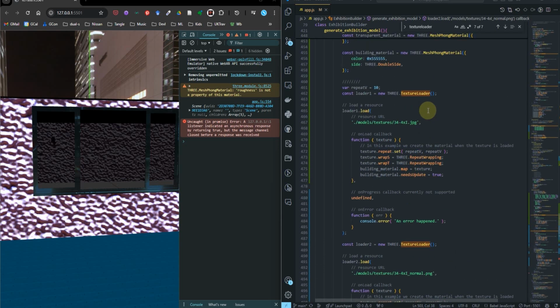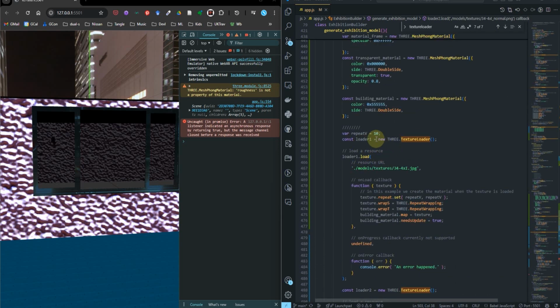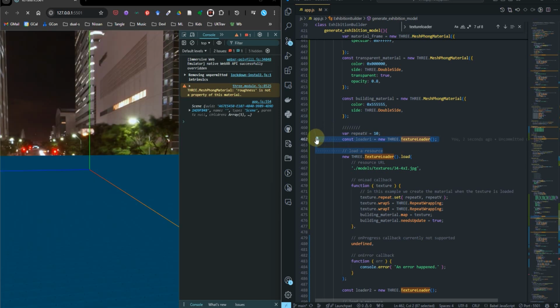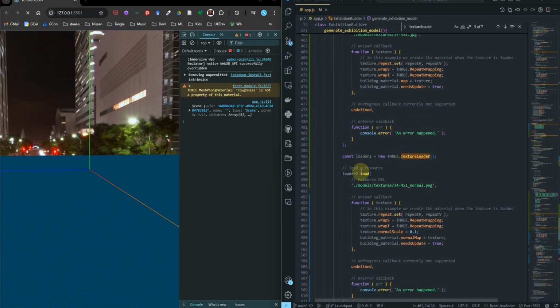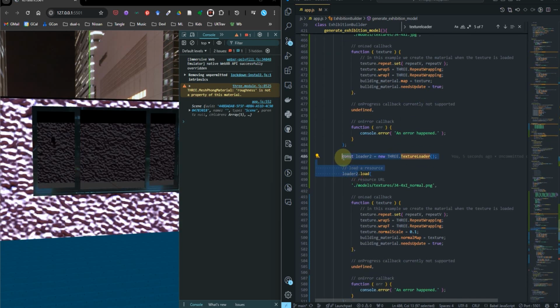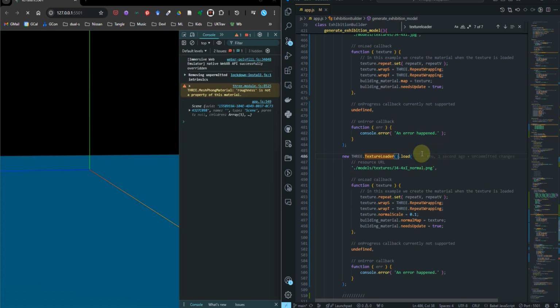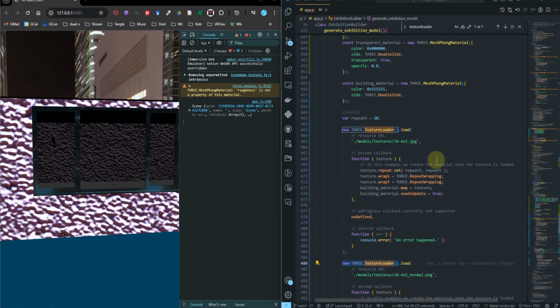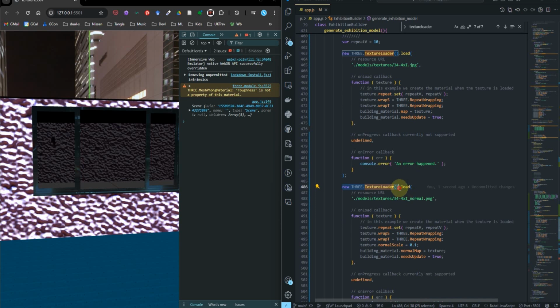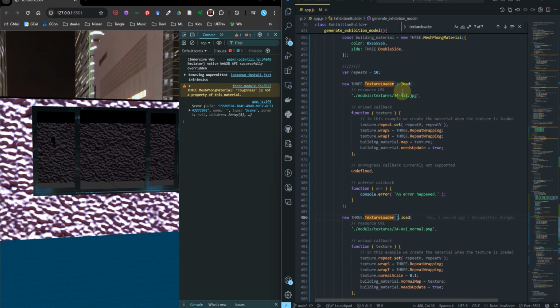So what I'm going to do, first of all, I'm going to reduce all this code. Just copy this and use that to replace the loader one and delete all this. Leave repeat V and same thing for the second one as well. All that, replace with new loader load. It creates an object and then calls the load function for that object. So we want to change the value and call the load function on that object. So we're going to change the object itself. So we'll use building